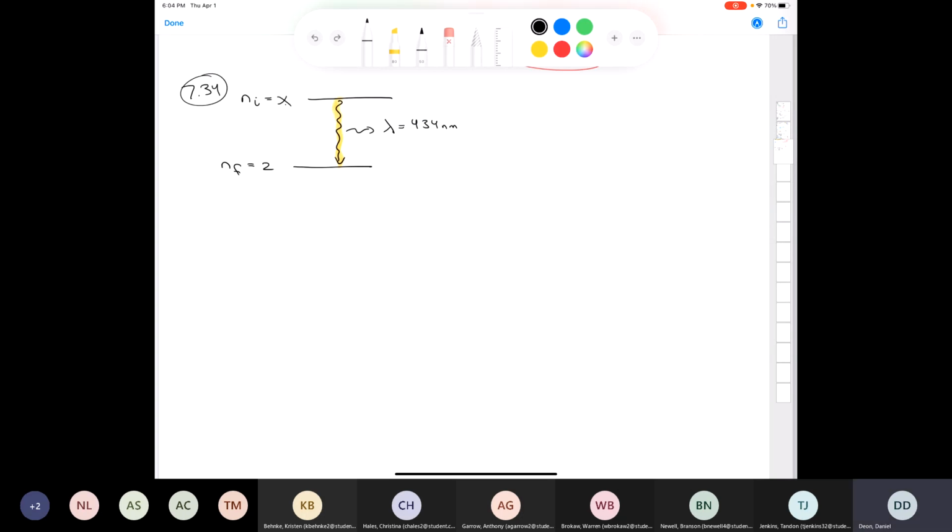Well, we know the formula that the change in energy is equal to the Rydberg constant times 1 over n initial squared, subtract 1 over n final squared. We know the Rydberg constant. We know what n final is. We're solving for n initial, and we can calculate the energy from that wavelength, can't we? Because we know the energy is equal to hc over lambda. We looked at that this evening. So we have